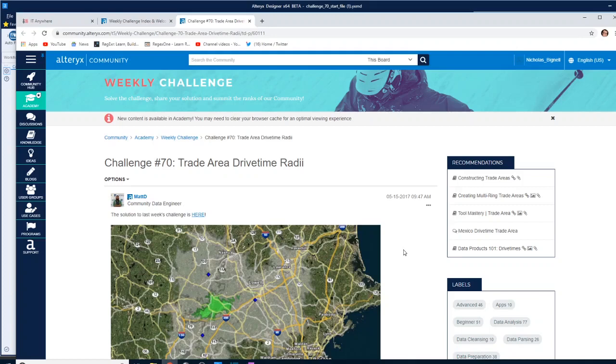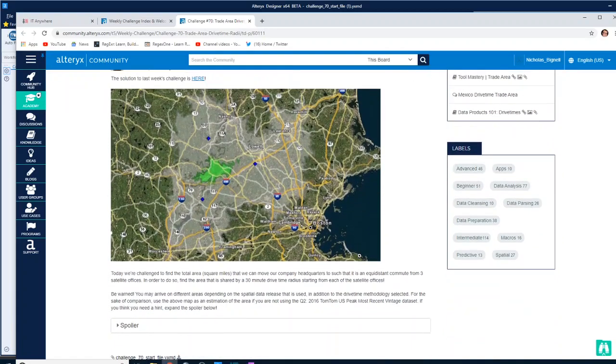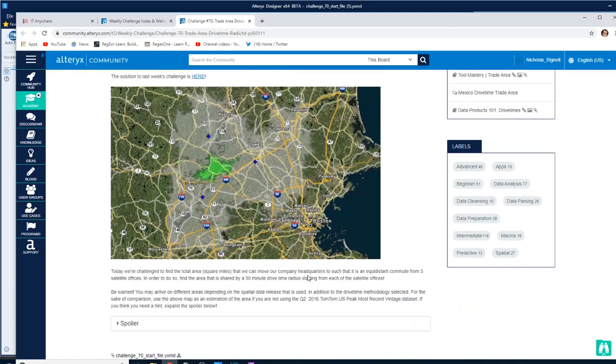Me, Nick Bignell. This is challenge number 70 and we're looking at trade area drive time radii. This is actually a drive time special challenge, and personally I don't have the drive time data installed on my Alteryx version, so we won't be able to do it exactly as they want us to in the challenge, because we don't have the 30-minute drive time radius capability. So we're going to use miles and see if we can get a similar type